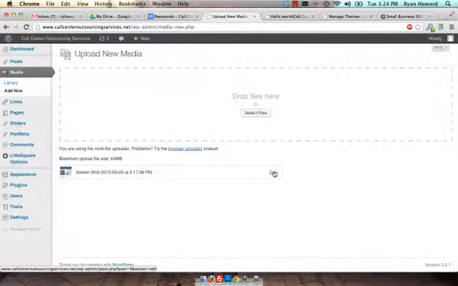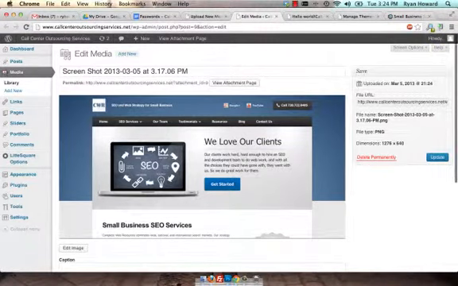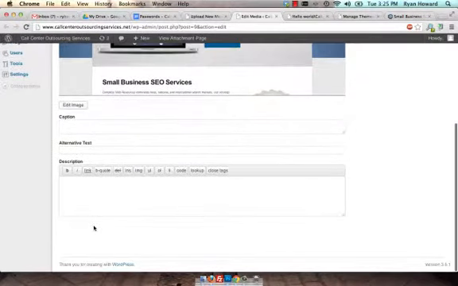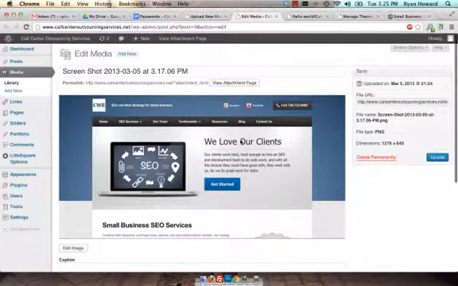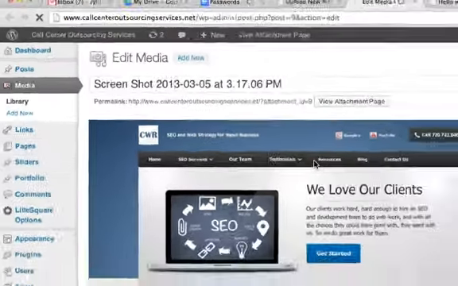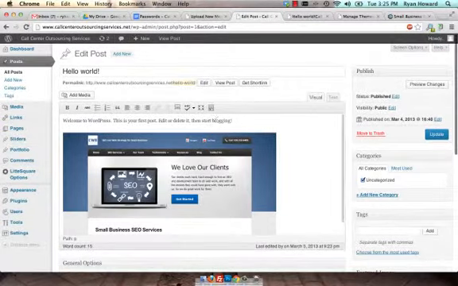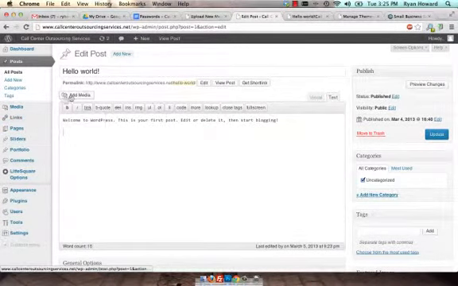So once you've uploaded this way, you can click Edit, and then that'll take you to an edit screen that looks like this. And here you can add your alt text, whatever you want, but generally speaking, once you put this image into an actual page, you add your alt text later. When we were at that post, if we had already uploaded an image, like we did previously, and you wanted to add it to the site, say this was gone, it wasn't there, and you wanted to add media,